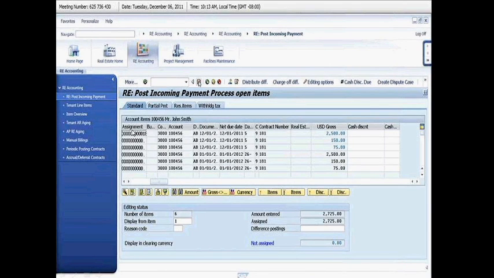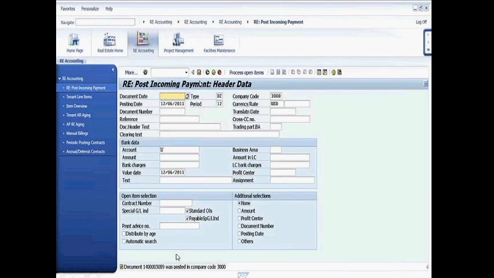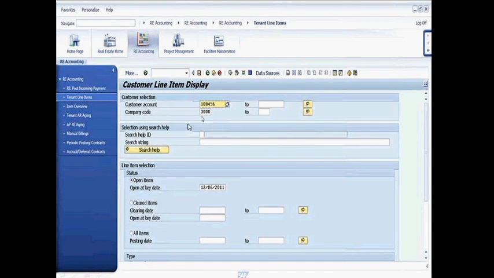I'm going to go ahead and select these three items and click on Activate the items themselves, and that will then generate the actual posting itself. So now I've actually posted that $27.50 incoming payment. So now if I look on the tenant line items, and it defaulted to the same customer